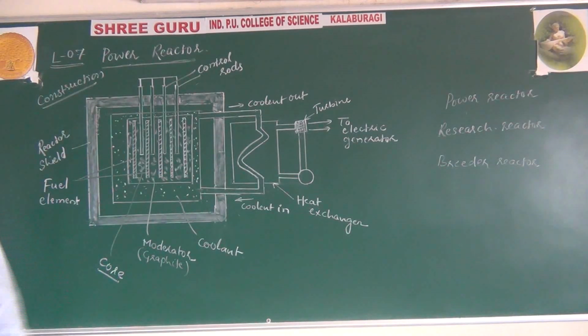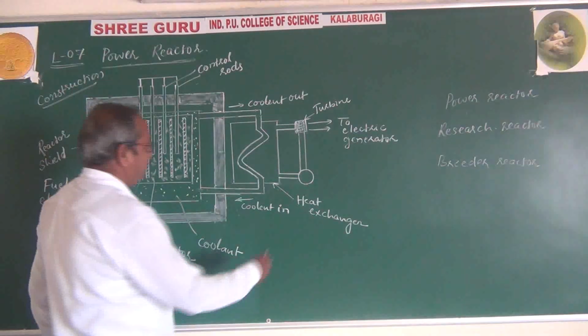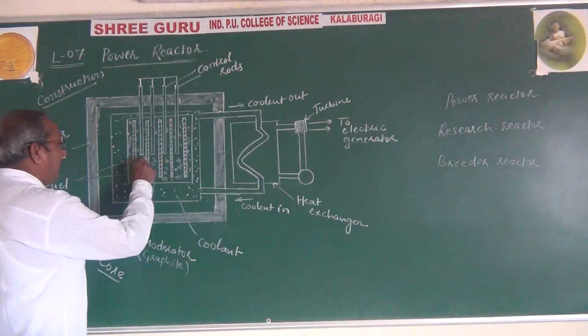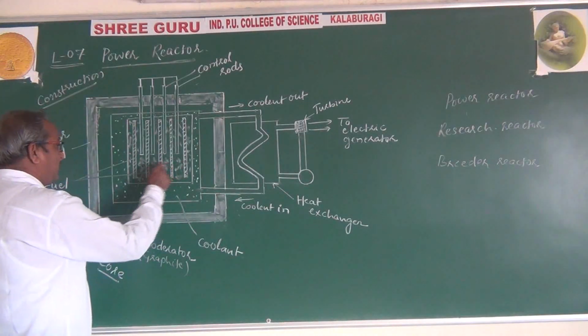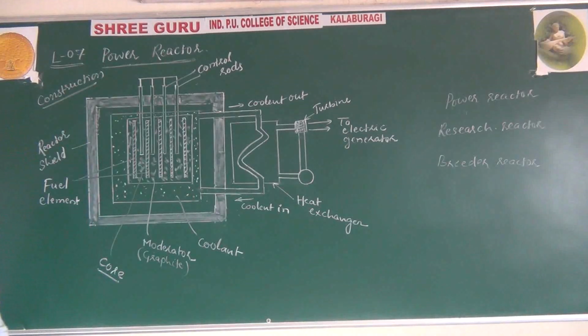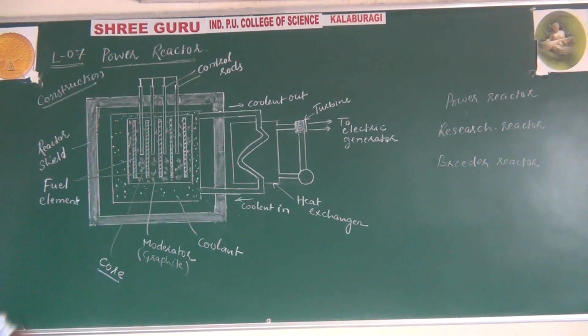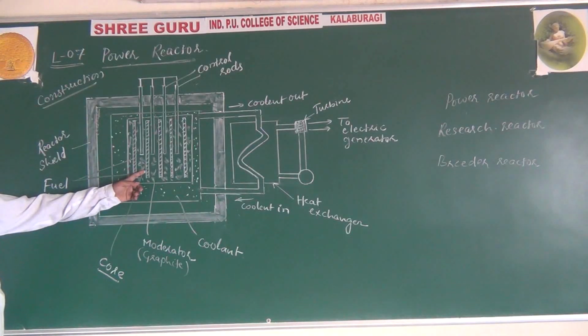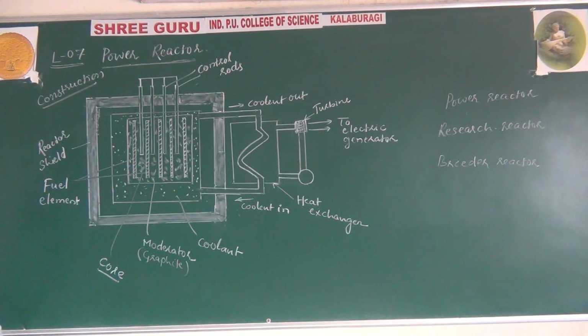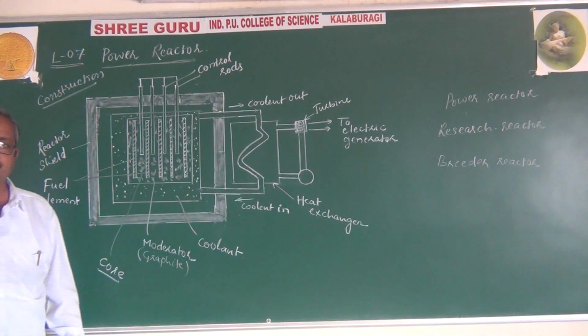So once again I will repeat the working. Here is the reactor fuel, the uranium rods, which can be bombarded with thermal neutrons, and that phenomenon takes place by raising these control rods. If the control rods are taken up, the reaction will start to take place, during which every atom of uranium